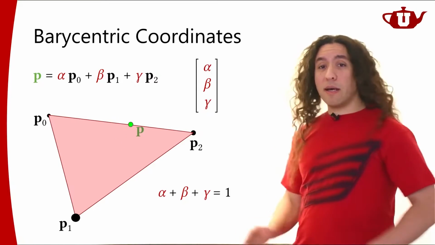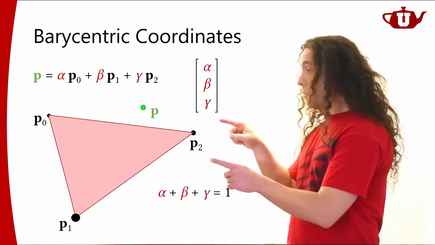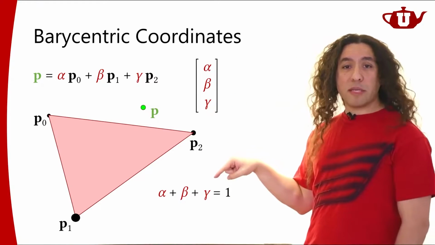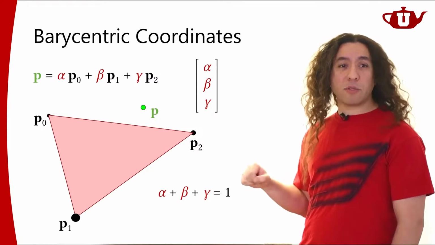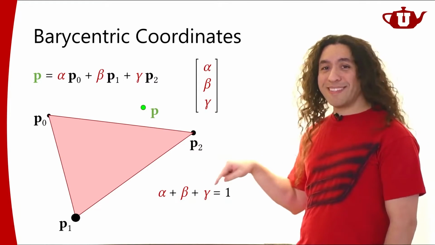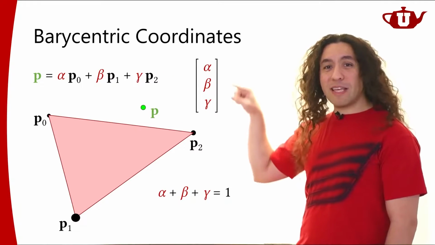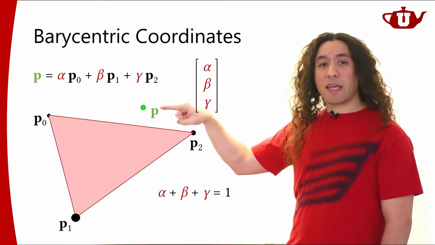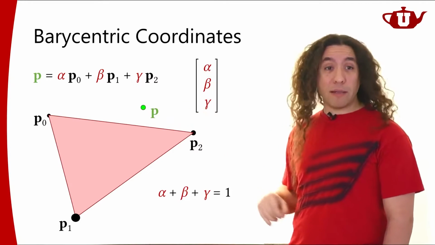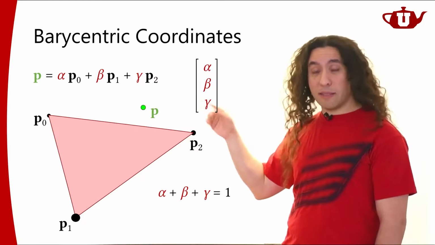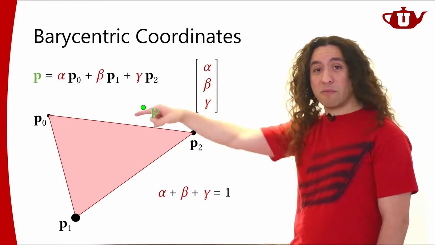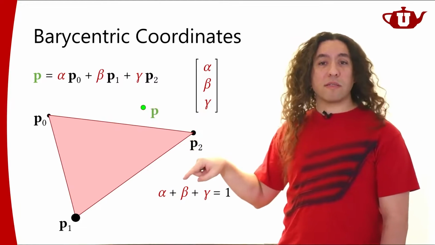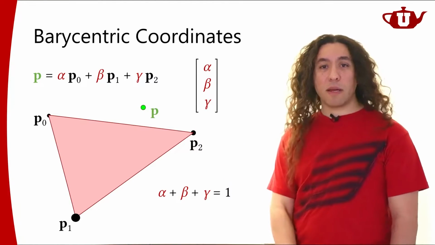Actually, any point on the plane defined by these 3 points in space, any point on that plane will have this property. When you compute the barycentric coordinates, they will add up to 1. If they don't add up to 1, if you use some interpolation such that these 3 scalar values don't add up to 1, then this point that you're going to get will be outside of that plane. If you want a point that's on the plane defined by these 3 input vertices, then the barycentric coordinates must add up to 1, right?